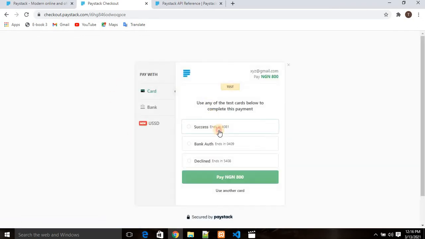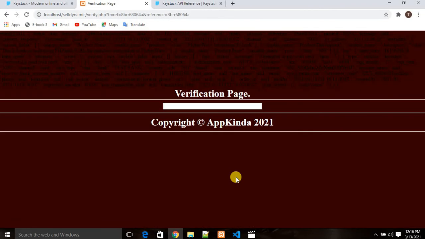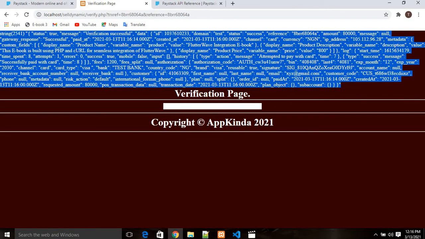And if we go ahead and make payment right now, let's see whether it's going to generate anything for us from Paystack. And as you can see, that went really through. So everything worked just fine. So you now see that the status is now set to true. The message that we have right now says verification successful, and within our data array we have all that we need. So we have the domain, we have the text to be set to be status,